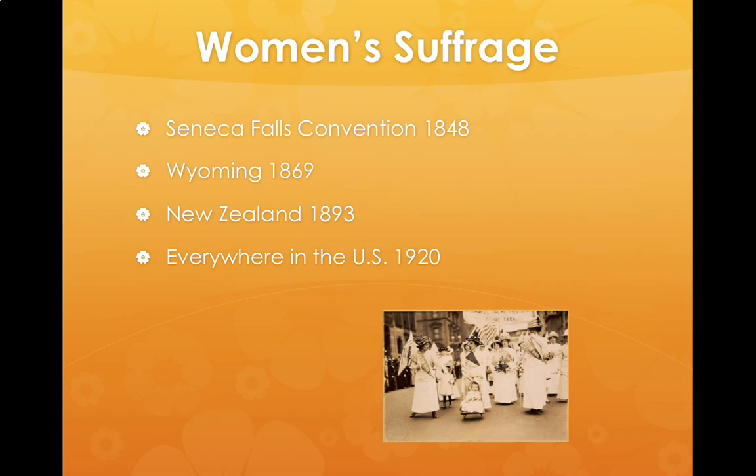America also is kind of behind the curve in the world. Some countries, such as Great Britain, allowed women voters in local elections much, much sooner. But the first country to have universal suffrage, meaning both men and women can vote in every election, was New Zealand in 1893. And the United States finally gets women's suffrage in 1920 after World War I. So the fight for women's suffrage took quite a bit of time, and it's more recent. There have been way more years in American history where women couldn't vote than where women can vote.